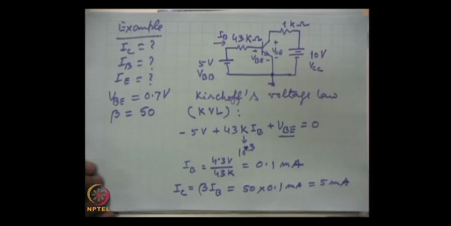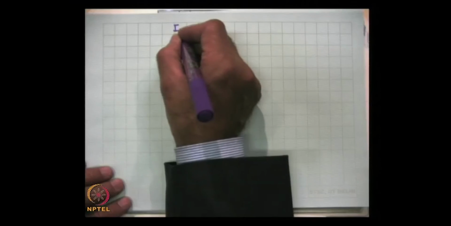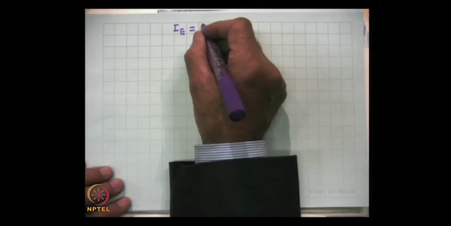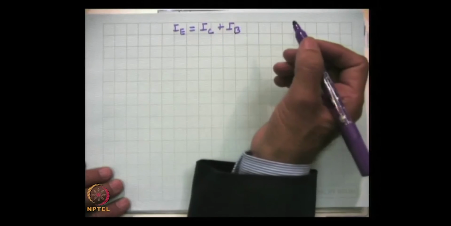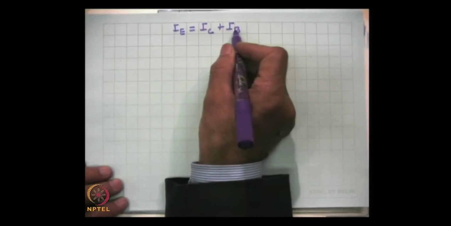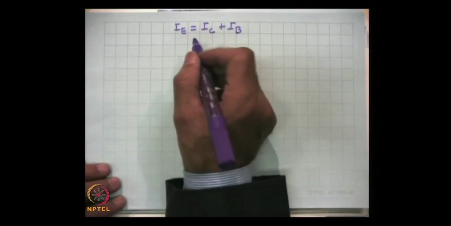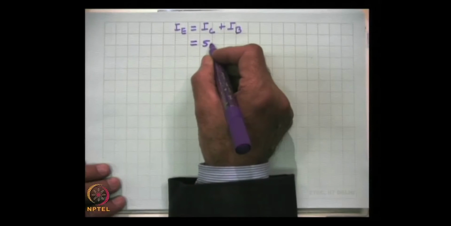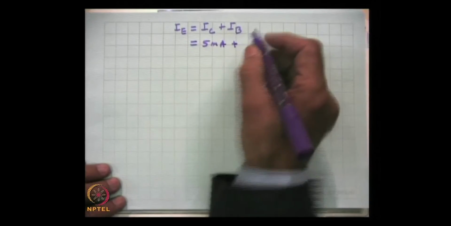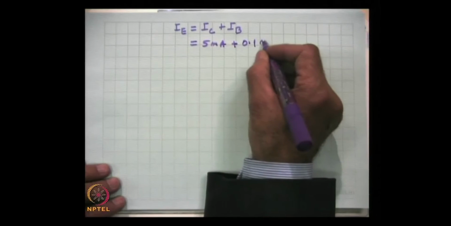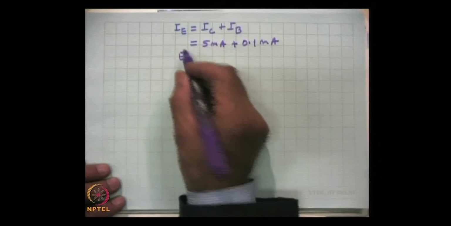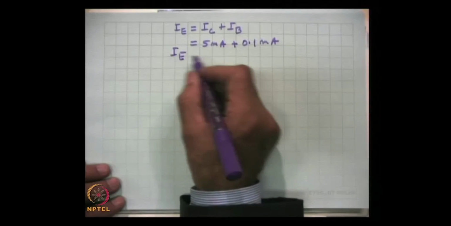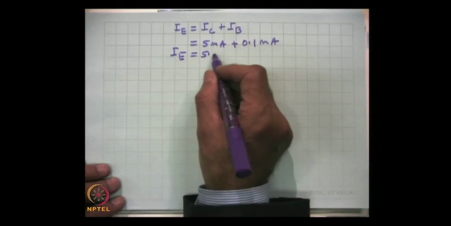and then for the determination of I E we use the relation I C plus I B, and we have found out these two currents. So, we can get the value of ammeter current. This is 5 milliamperes plus 0.1 milliampere, and that gives you I E, the ammeter current, to be 5.1